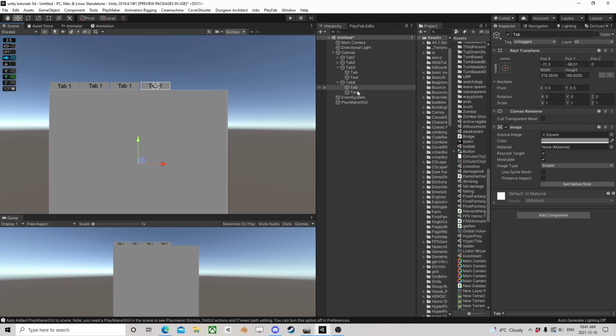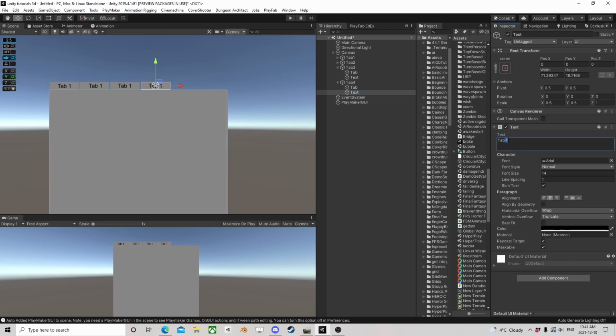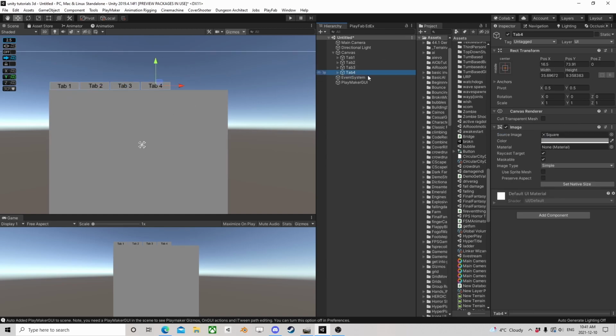I'm sure if you have OCD, you'll spend some time lining those right up to the pixel, but I'm not worried about it. You'll get the idea. All right, so we have 4 tabs. And the reason why I made these the parent